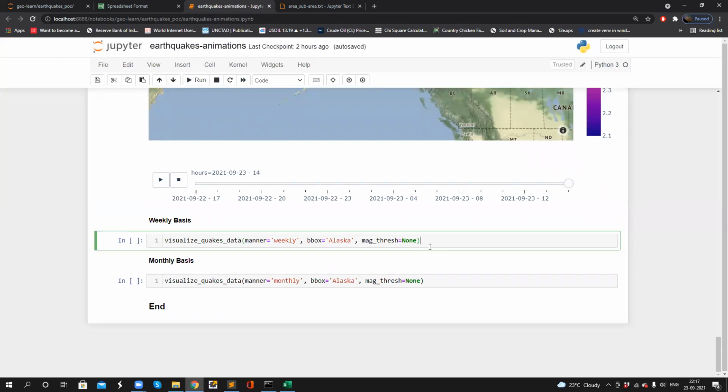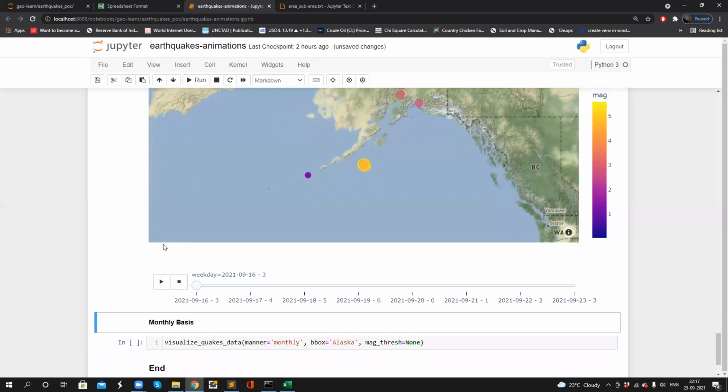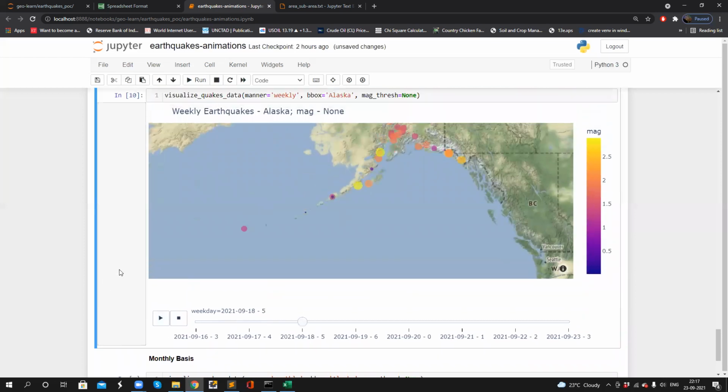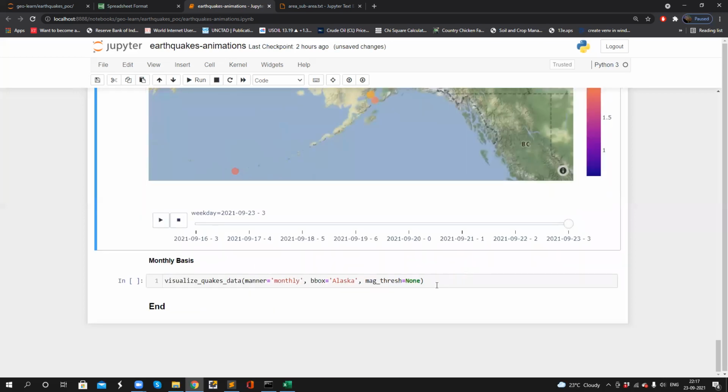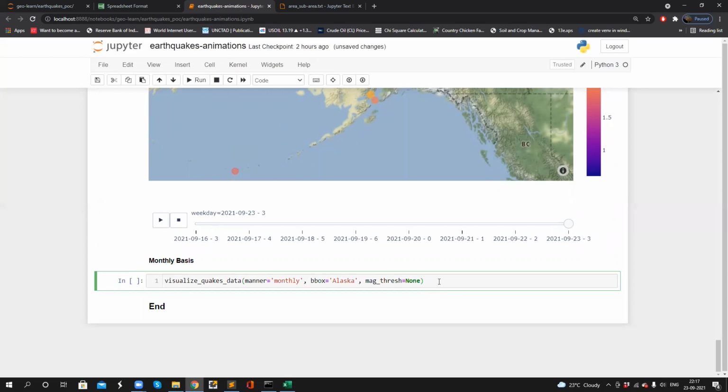Similarly, weekly. And finally, we have monthly data for the specific region, Alaska.